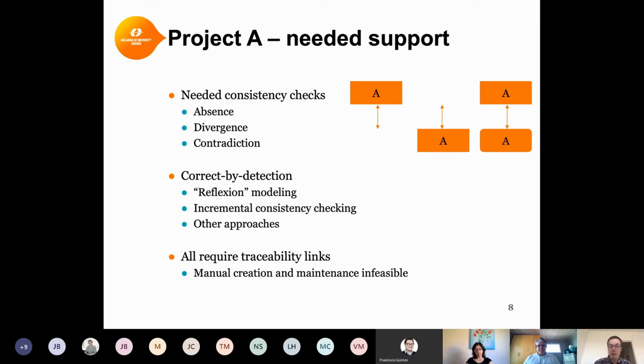And also this is something that is suspected to be dropped first under any kind of time pressure. So we have to ship this patch today, so let's ignore this boring manual linking and forget about it for a while. And then of course it becomes hopeless to maintain this. So we want to provide some automated support for uncovering these traceability links within an existing MBSE project.